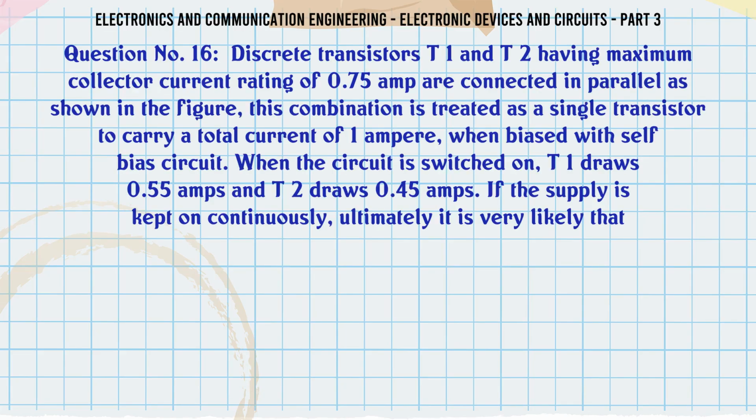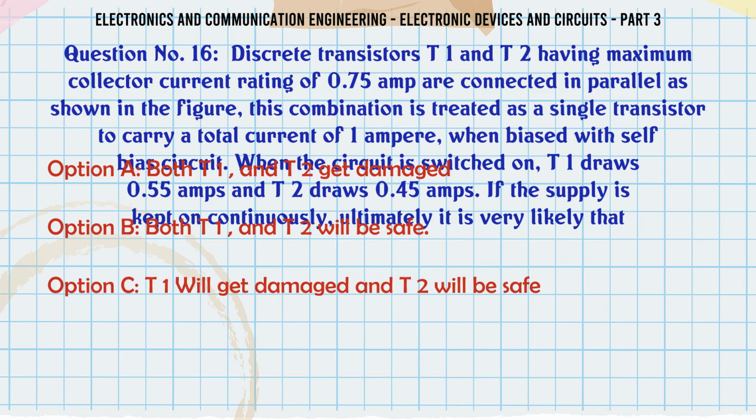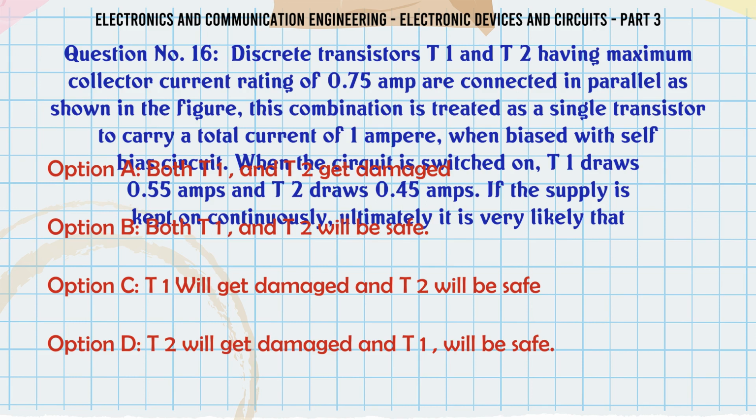Discrete transistors T1 and T2 having maximum collector current rating of 0.75 amp are connected in parallel as shown in the figure. This combination is treated as a single transistor to carry a total current of 1 ampere when biased with self-bias circuit. When the circuit is switched on, T1 draws 0.55 amps and T2 draws 0.45 amps. If the supply is kept on continuously, ultimately it is very likely that